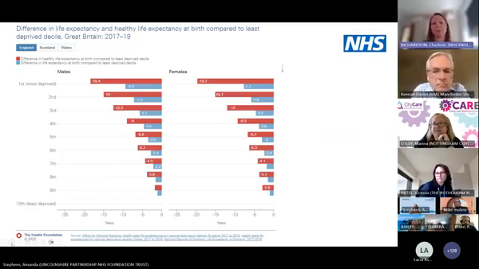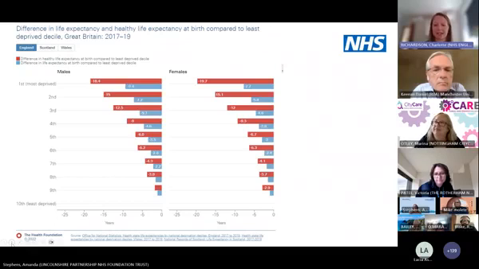And you can see from the top bar, the most deprived 10% of the population have a 7 to 9 year difference in life expectancy compared to the least deprived at the bottom. And in terms of healthy life expectancy, so the years of life people can expect to live in good health, there's almost a 20-year difference between that top and bottom group. And we can also see this represented in data on access to healthcare and experience of healthcare. Again, it tracks alongside those deciles of multiple deprivation.